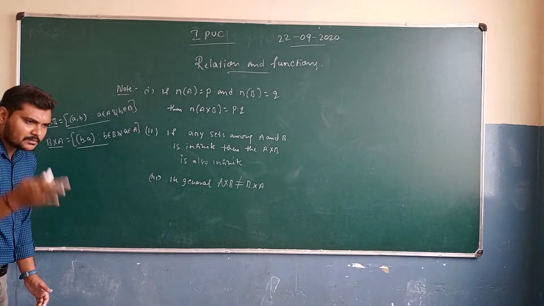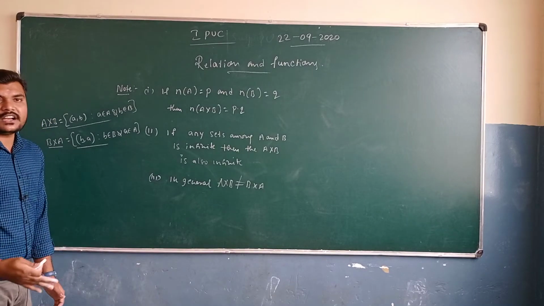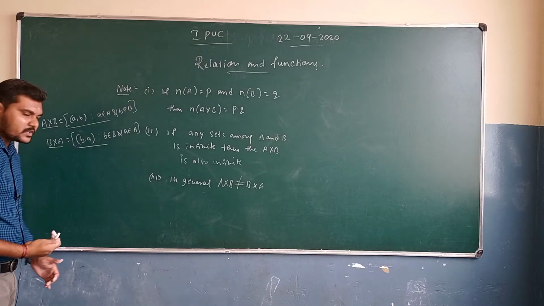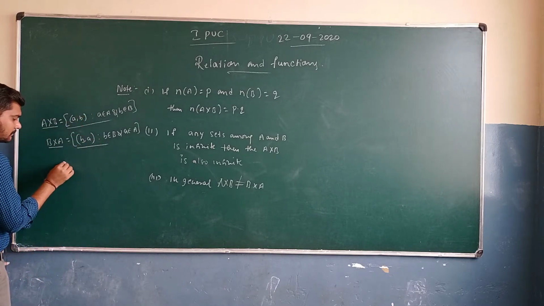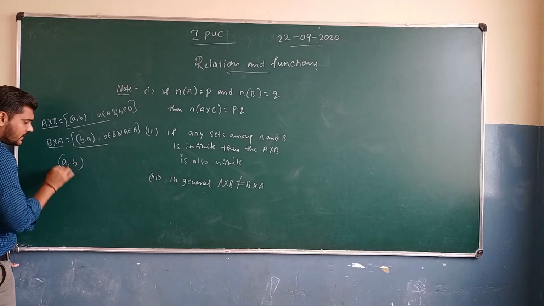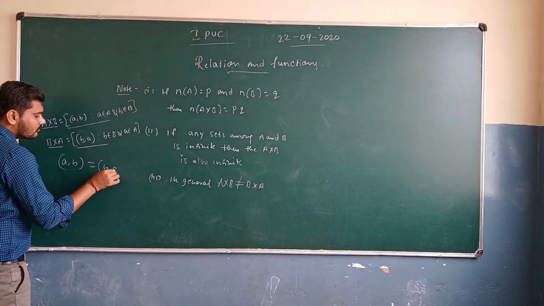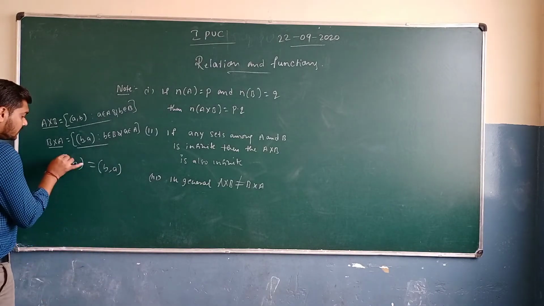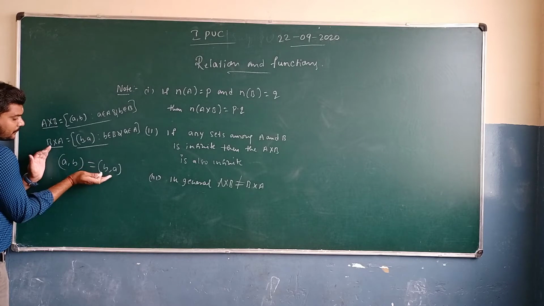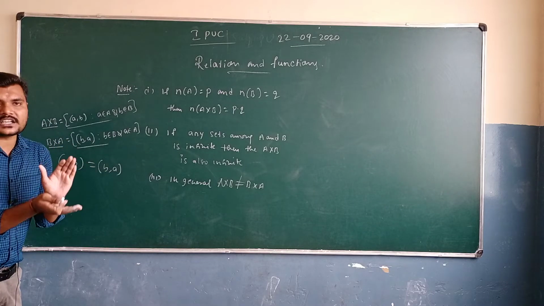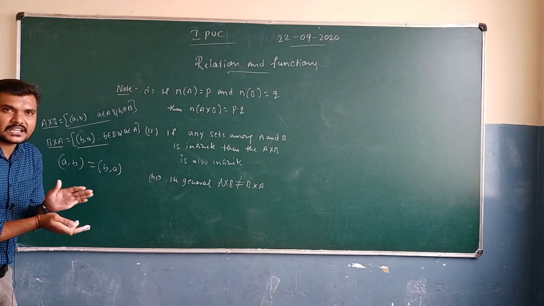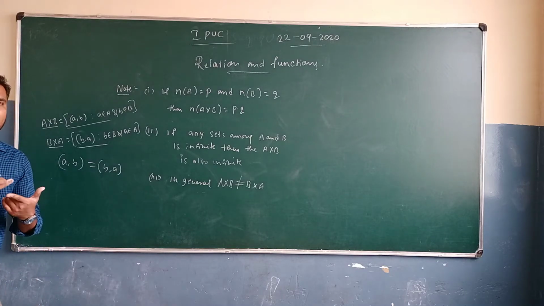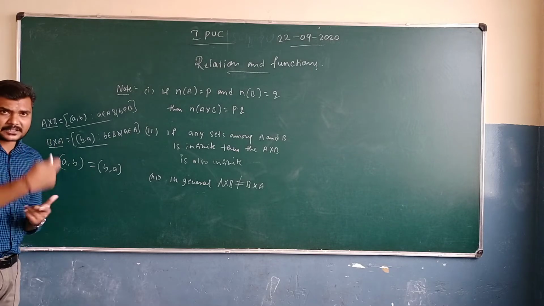That means the elements appearing in the Cartesian product should be equal. If by our assumption these are equal, then would (a, b) be equal to (b, a)? Let's see the definition of the equality of ordered pairs. What does equality of ordered pairs say? The corresponding elements present in both the ordered pairs